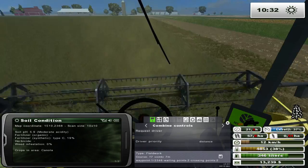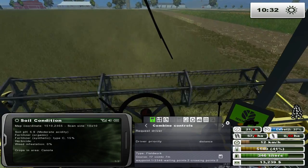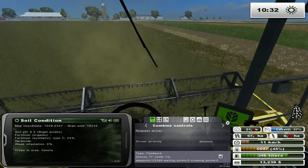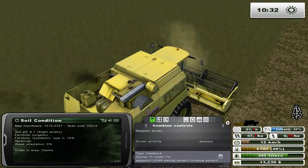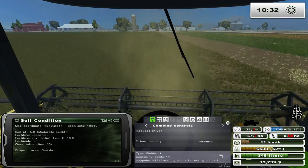Oh man. Anyways, this is a way better yield. So now we have moderate acidity, so the pH is going up, and as you can see, we're getting a lot more. But I still can't see how much I'm getting in this area, which is really annoying. It'd be nice to be able to see that. I'm not missing it anyway. No. It'd be nice to be able to see that type of thing, saying, hey,